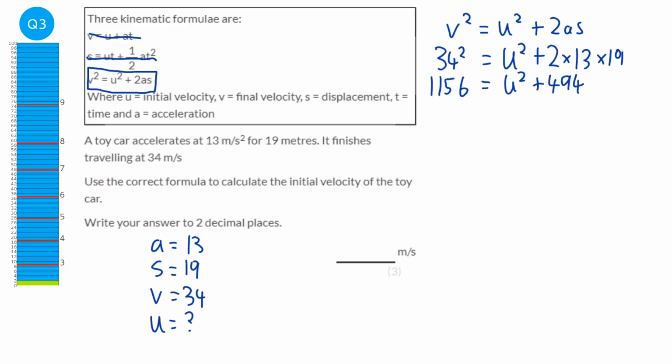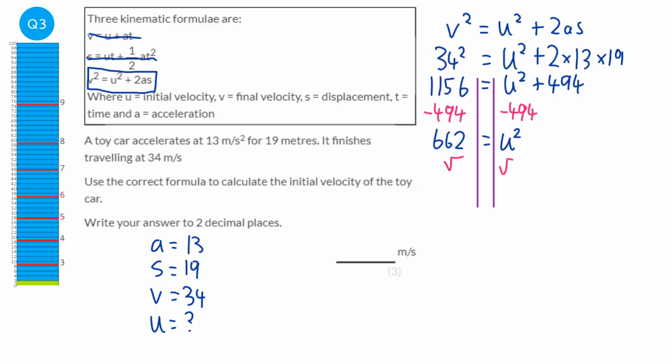And it turns into a solving part, so we're just going to solve this. So the first thing I'm going to do is subtract 494 from both sides. And so we're left with 662 equals u squared. Then we're just going to square root both sides. And so square root of that is going to be 25.729 blah blah blah. And it says it wants it to 2 decimal places, so it's going to be